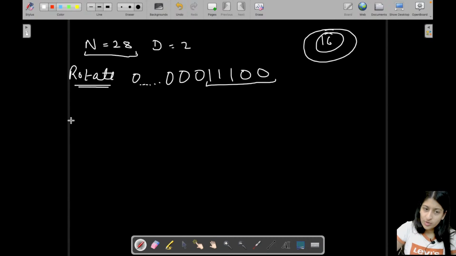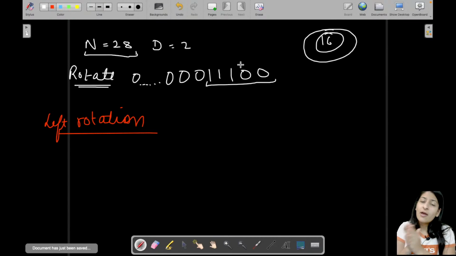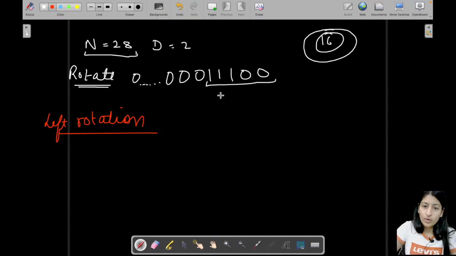So this is the number you have. Let's say I am doing a left rotation on this number. So when I am doing a left rotation on this number, I am shifting every bit to the left one by one, as many times as it is given to us to move. So if this is your number, 11100, you shift it to the left,